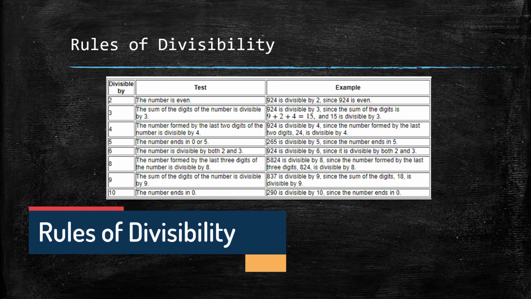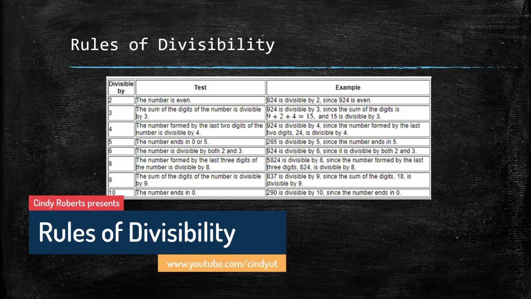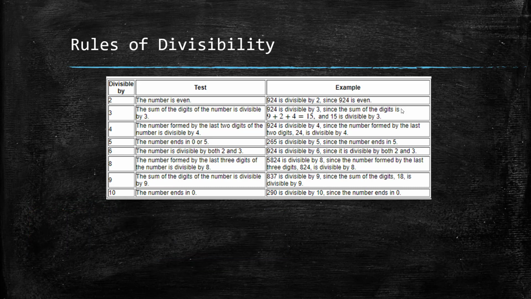Okay, the rules of divisibility are actually pretty cool, because a lot of times students will say, I wish I could do math in my head. And this is a quick way to see if a number is divisible by 2, 3, 4, all the way through 10. So I can take any number, like let's say